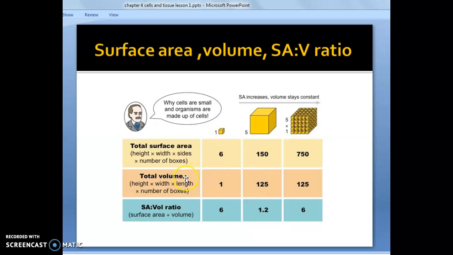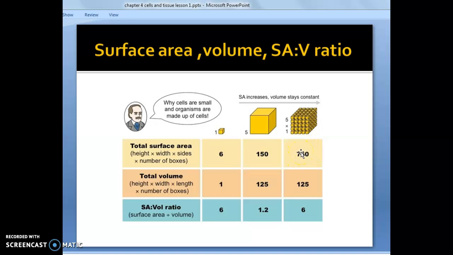Then we have the total volume for the third figure. Height for the one box is 1, width is 1, length is 1, but the number of boxes is 125. So we are going to get the total volume 125. So here you can see that in both figures the volume is the same, right? Okay, but the area is different. The one large box has a surface area of 150, while 125 small boxes are going to offer 750